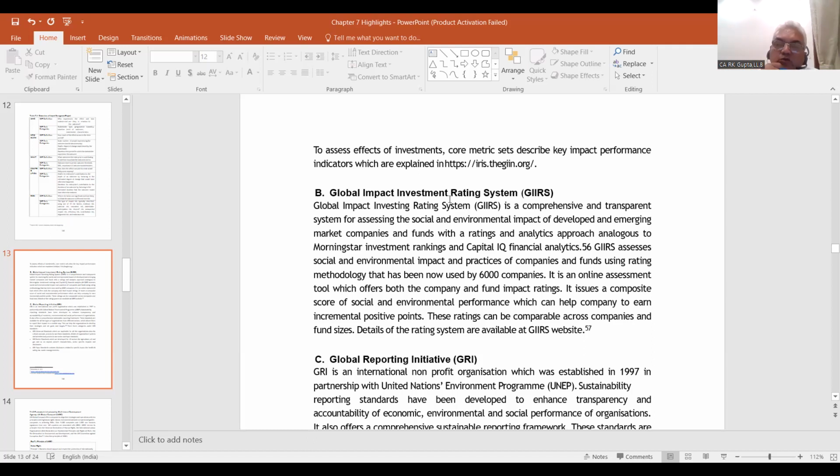ये online assessment tool है which offers both the company and fund impact ratings. So it issues a composite score of social and environmental performance which can help company to earn incremental positive points. These ratings can be comparable across companies and fund sizes. Details of the rating system are available at GIIRS website. तो ये सारी यहाँ पर GIIRS की वेबसाइट पर अवेलेबल है। एक बार आप वेबसाइट पे विजिट कर लेंगे तो और अच्छा रहेगा, उसको देखने से कुछ आइडिया आपको मिल जाएगा।